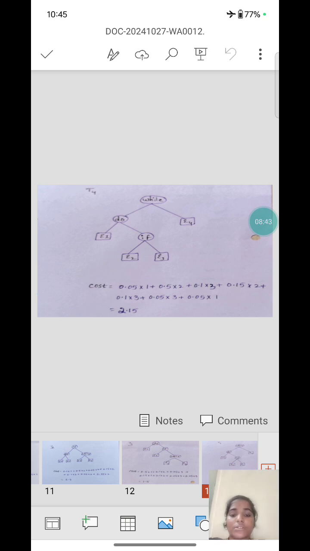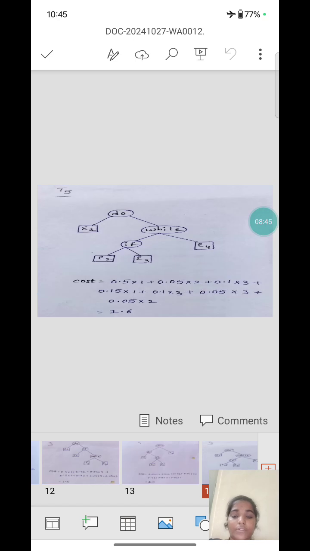The cost of T4 is 2.15. In T5, "do" is the root node and "while" is greater than that root node, so "while" is placed on the right side of "do". "If" is less than that "while" node, so "if" is placed on the left side of that "while" node. The cost of T5 is 1.6.